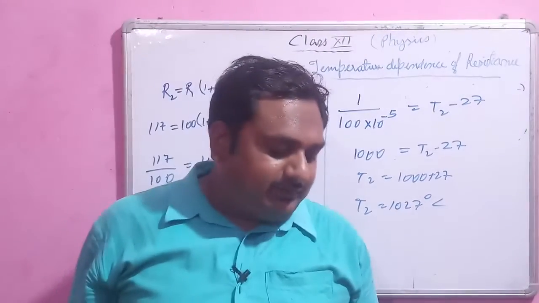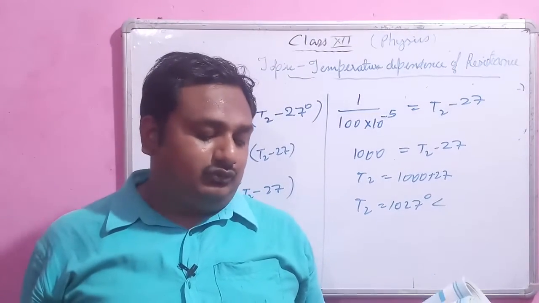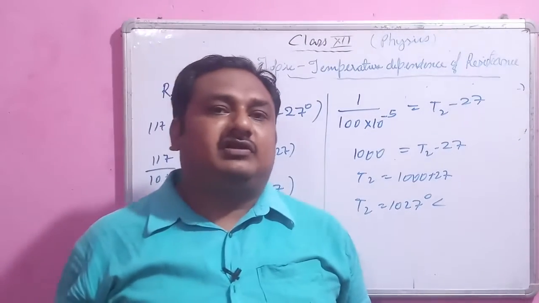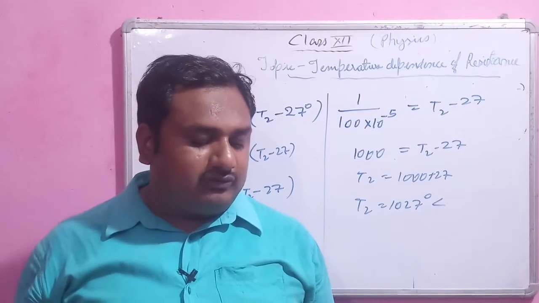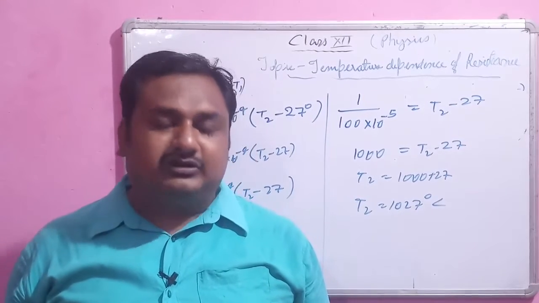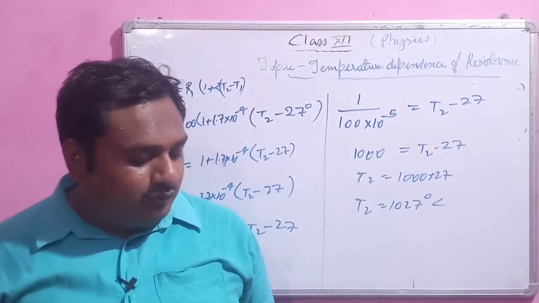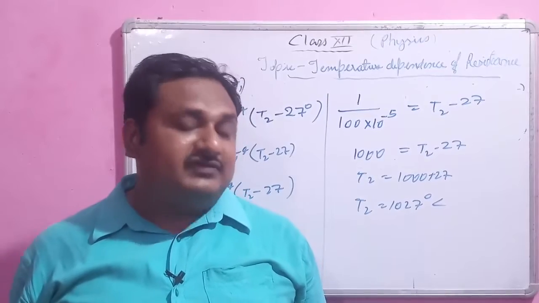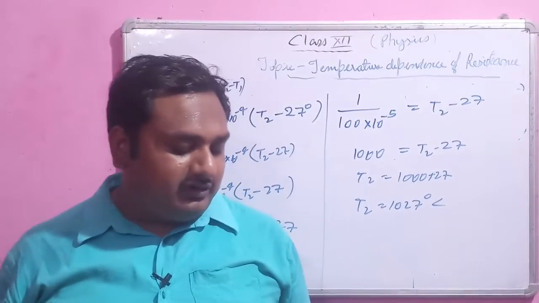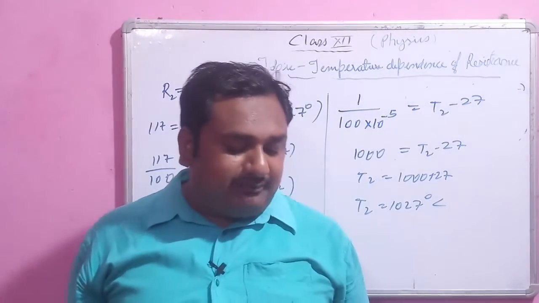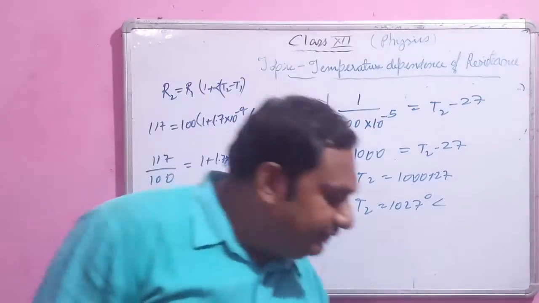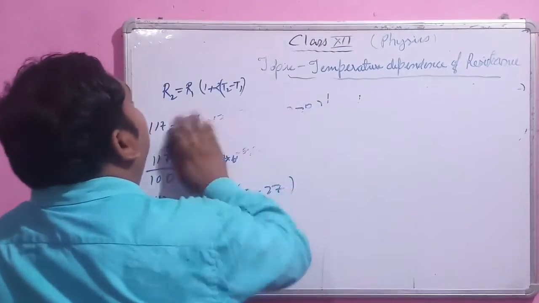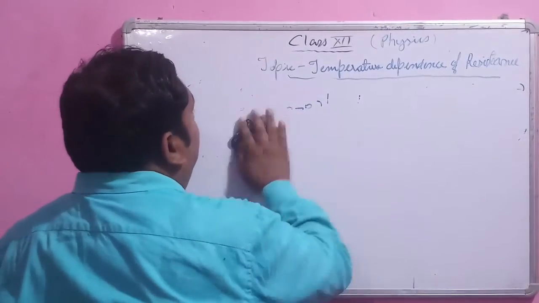Okay, so question number 3.7. A silver wire has a resistance of 2.1 ohm at 27.5 degrees Celsius. Here they have given the initial resistance, 2.1 ohm, and initial temperature, 27.5 degrees Celsius, and a resistance of 2.7 ohm at 100 degrees Celsius. Now the final temperature is 100 degrees Celsius, and at that final temperature resistance is 2.7 ohm. Now we have to find the temperature coefficient alpha of the silver. So firstly we have to write the given data.